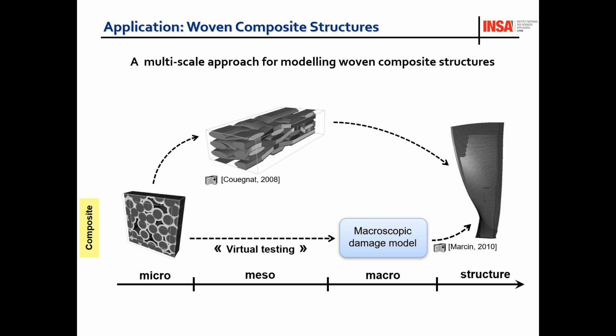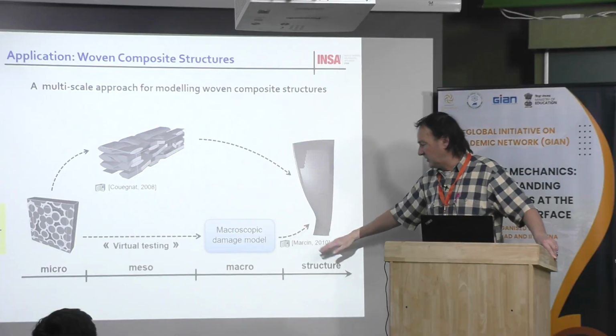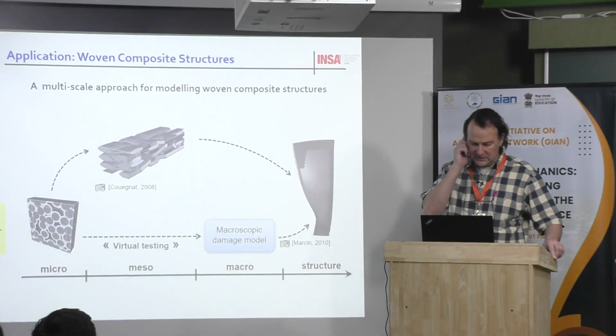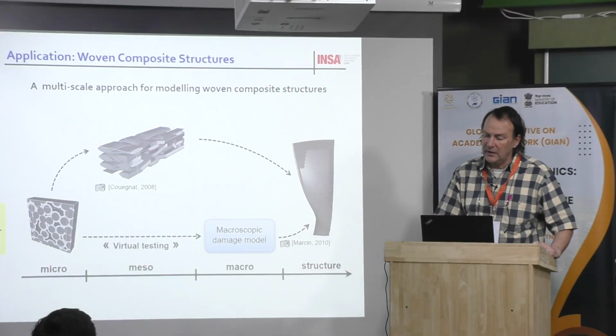Then with that, we can deal with the composite materials. Of course, we will not consider the micro geometry of the fibers. These are the fibers we call the yarn. And then we are able to model typically braided materials, and especially what happened at the contact. This was our first application.